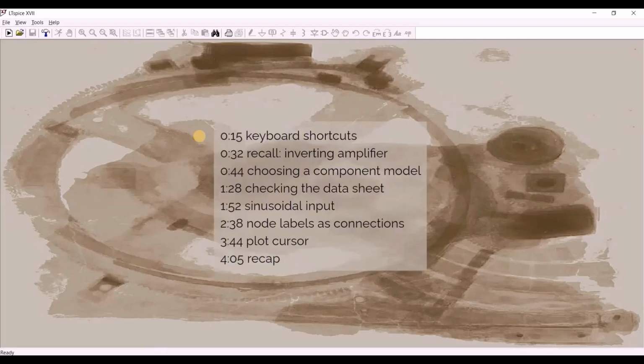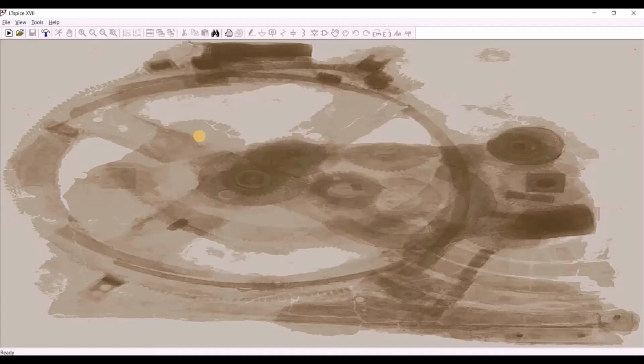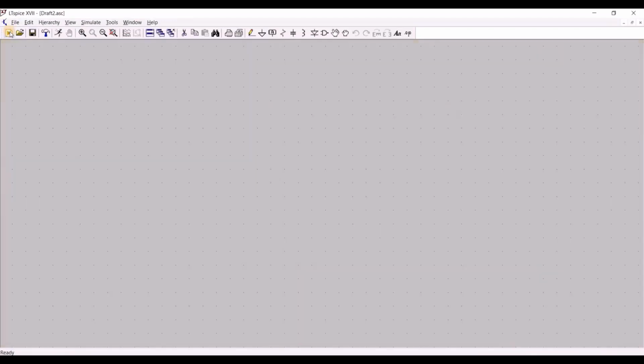In this video, we will try to get more familiar with the LT Spice environment and at the same time refresh your knowledge in basic circuitry. We shall implement an inverting amplifier with a sinusoidal input, but before that, let me introduce to you the keyboard